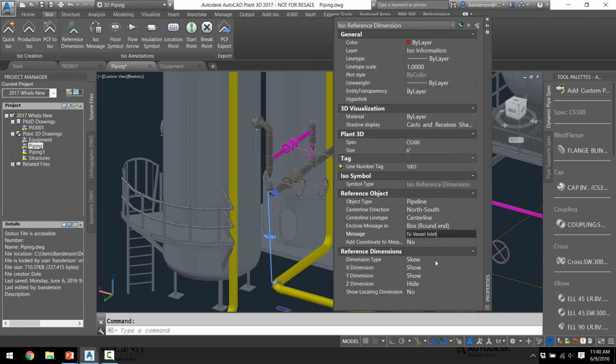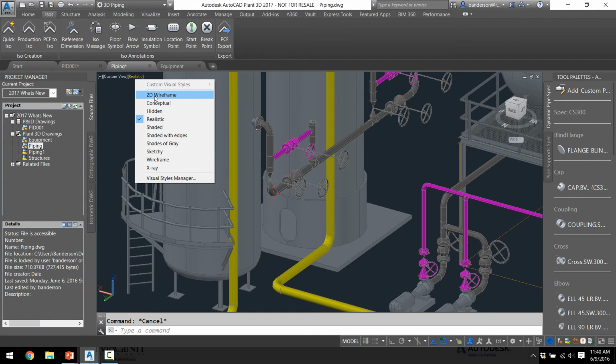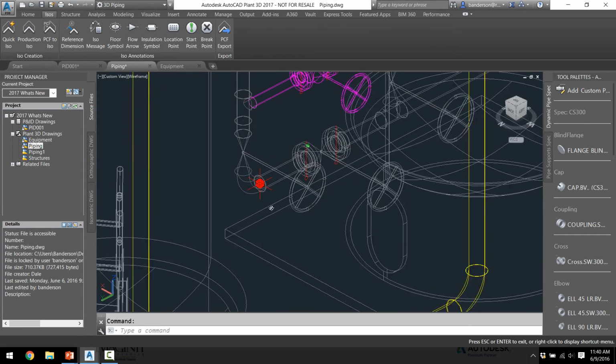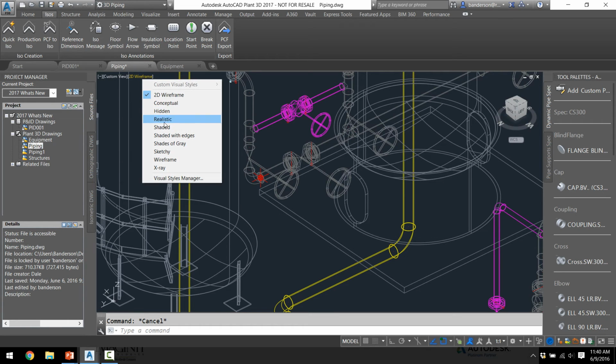Just add a little note there and close this down. Similar to the notes that we've been able to place on our isometrics, if I change this to a 2D wireframe, you'll see that little note icon that we've had before, similarly displayed now with the dimensions. So I can select it, go back into my properties and modify that, move the grips, use my perpendicular snaps to make sure that everything's all squared up, turn my display back to realistic,